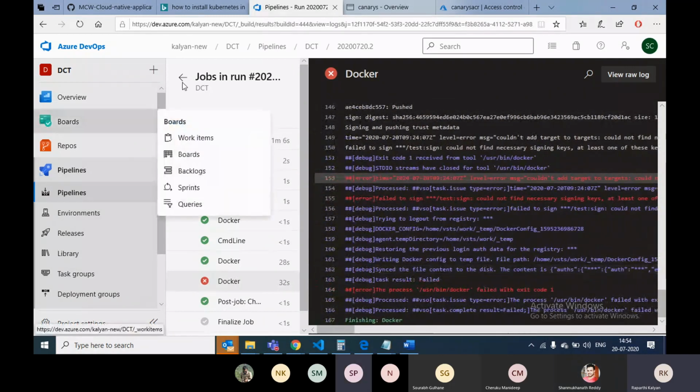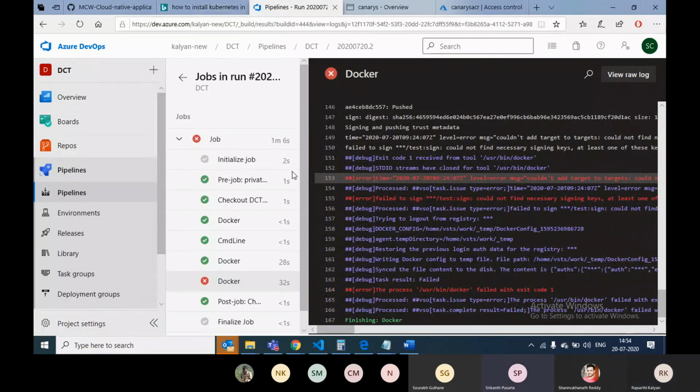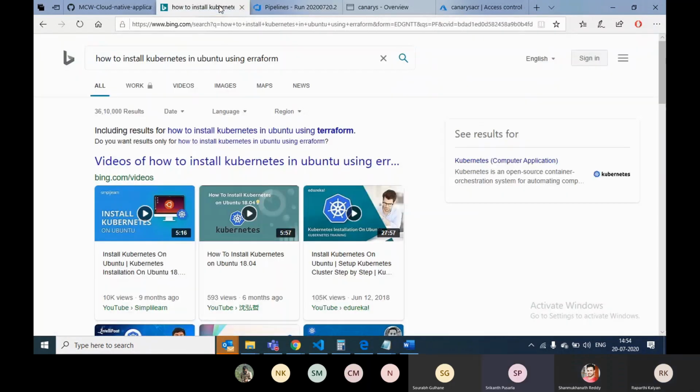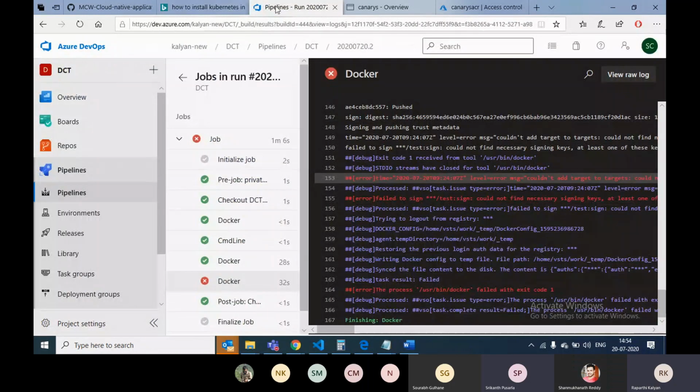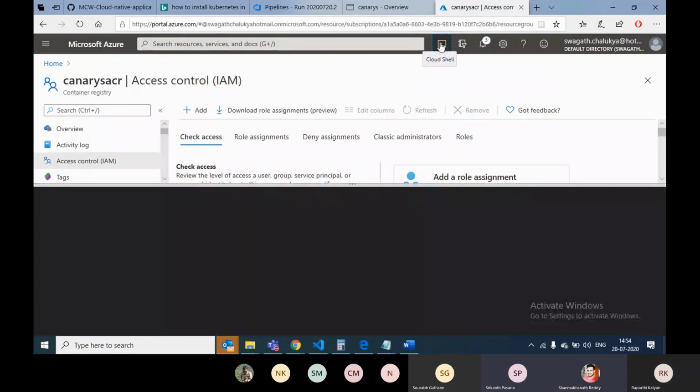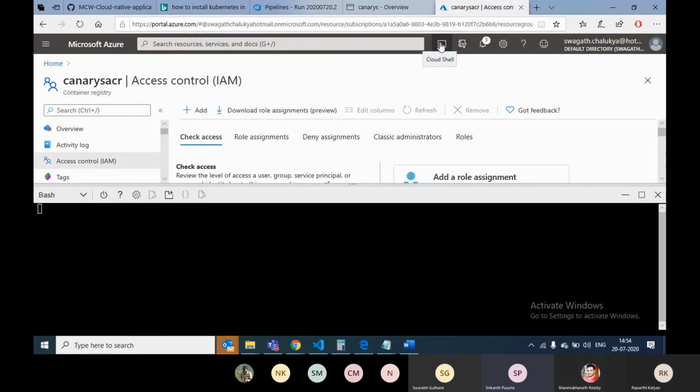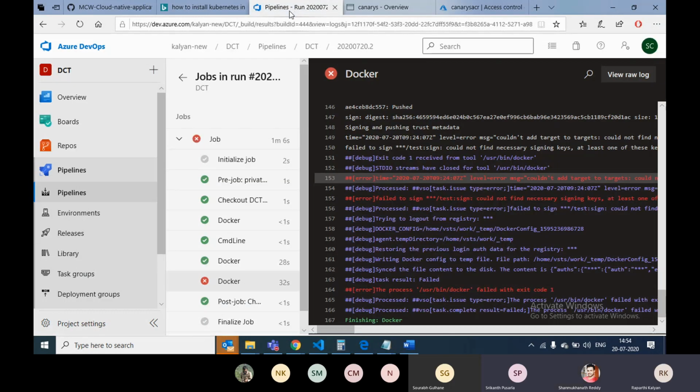I got an error here. Kalyan, are you able to go inside the cloud VM, or did you connect an agent here? No, I'm able to get into the VM itself, like Microsoft hosted. Okay, Microsoft hosted, but unable to access the root folder? How are you able to do this inside Docker? We are downloading that file and placing it into our libraries. So we are again downloading those keys from here. This is how it's working.